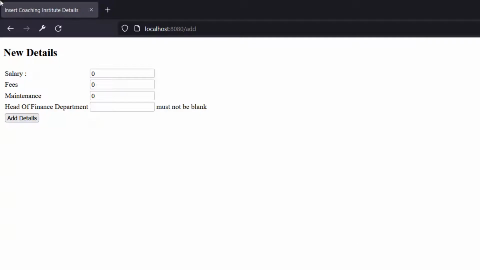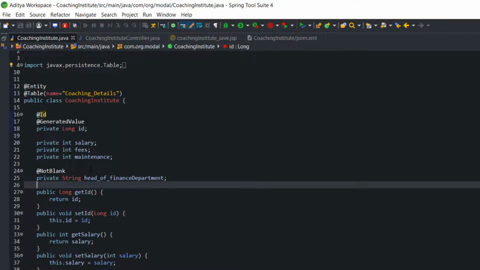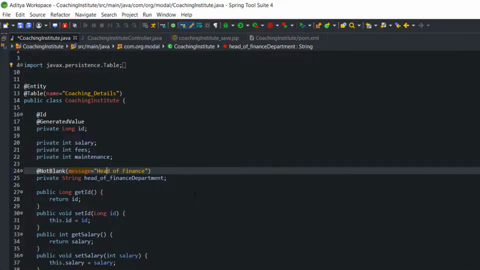Now let's try one more time, and here I'm going to save one data. Let's say A. Add, it is saving, but A is not a name, right? So I will give something minimum, it should be 2. Okay, and it should not be written must not be blank. Let's give some custom message. How are we going to do that? First of all, head of finance department